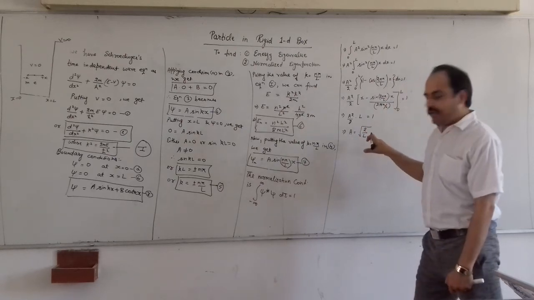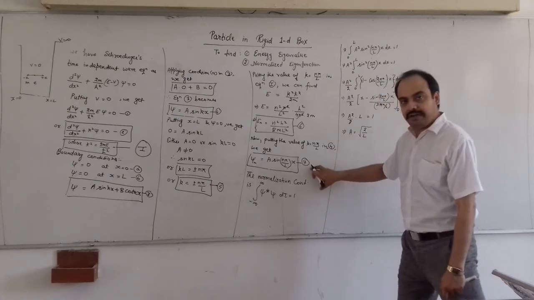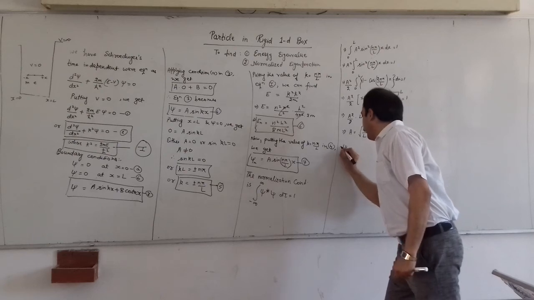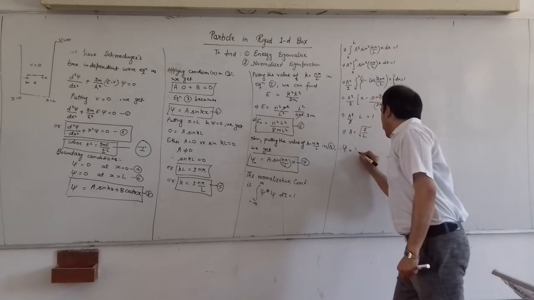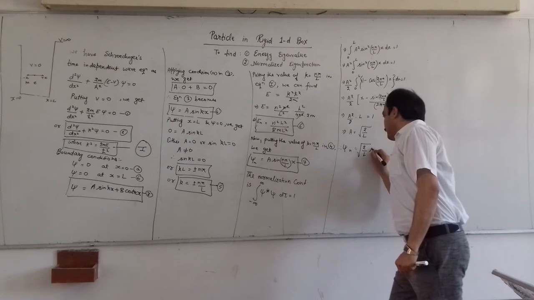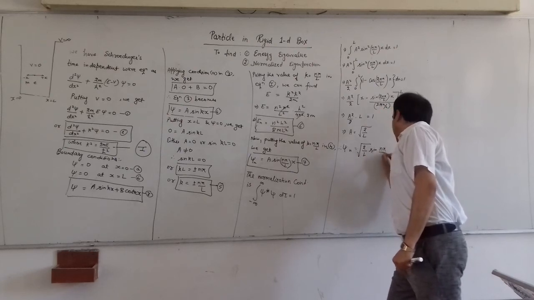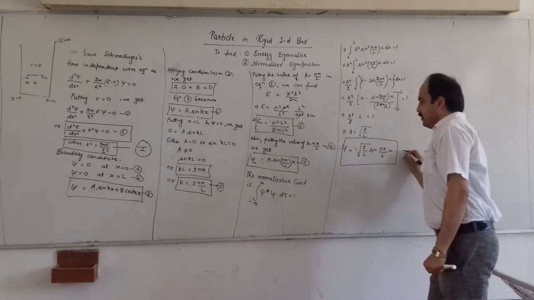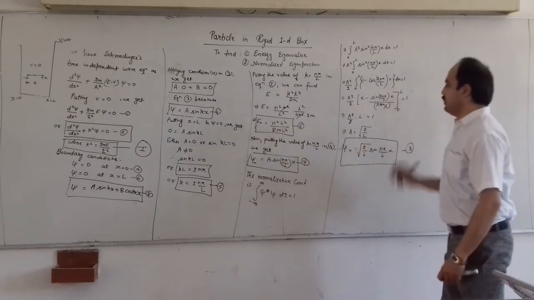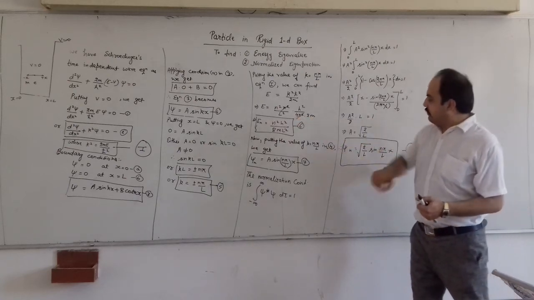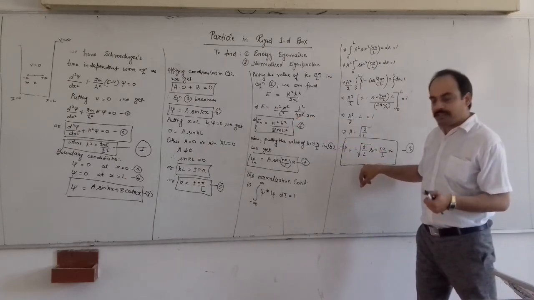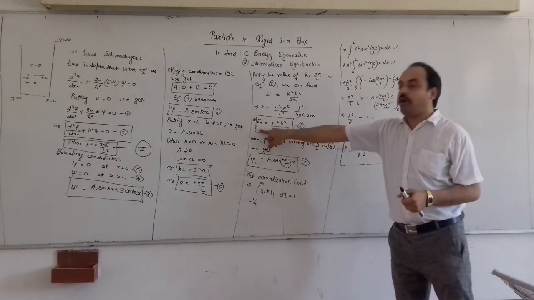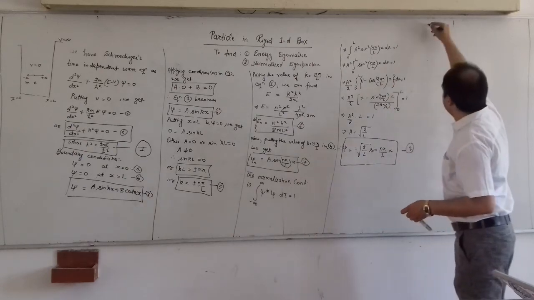So putting the value of the normalization constant A in equation number 7, we will get our normalized wave function. Therefore psi n from equation number 6 is under root 2 by L sin n pi by L into x. So this is our normalized wave function. So we have found the normalized wave function for an electron moving in a one dimensional box. We have calculated the energy eigenvalue for a particle or an electron moving in a one dimensional box, right?